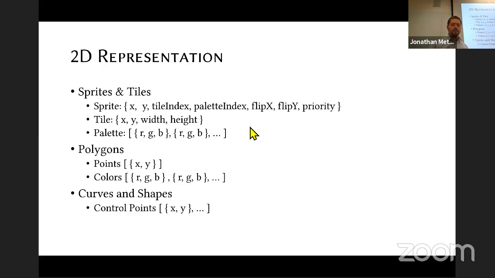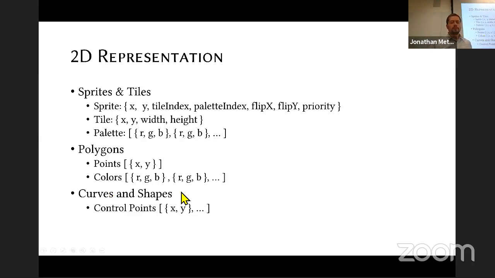We would like to be able to draw polygons on the screen, and this is a little bit more when we're talking about vector graphics. So over here, it's more raster graphics because we're dealing with pixels. Polygons are more vector graphics because they can scale to the size of the screen. So fonts would fall into this category because they're basically just descriptions of points, maybe color, and you can extend